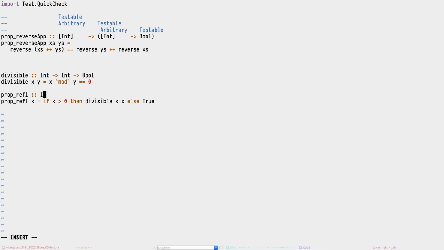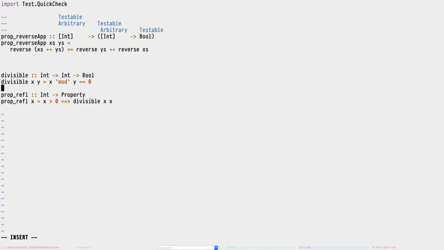So we have int here, and right now it's int to bool, right? That's our prop refl. But what I want to do is discard any cases where x is not positive. So what I'll do is I use this arrow notation, like this. This arrow notation, this equals greater than arrow, is defined by QuickCheck. It's an operator, and it returns a property,